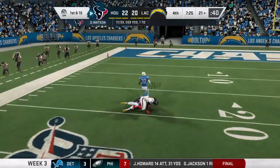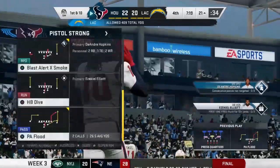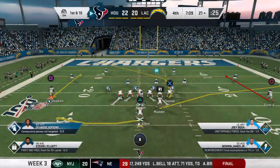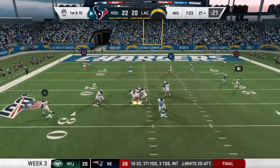It's caught inside the 25. 39 yards there, a big one. What a game it's been for this duo. They remind me of a good comedy team. They know how to play off of each other so well. No matter how one riffs, the other's right there to pick them up, and they are shredding them in this